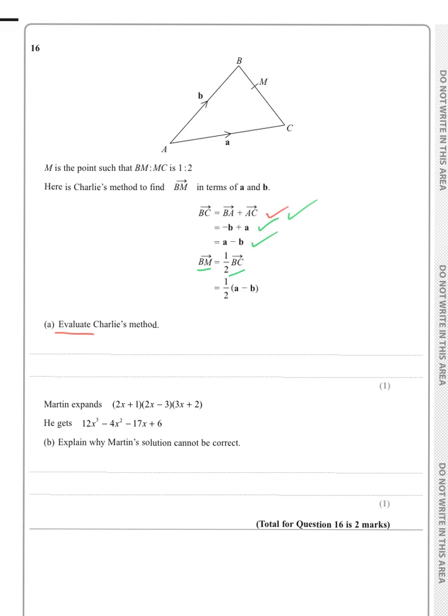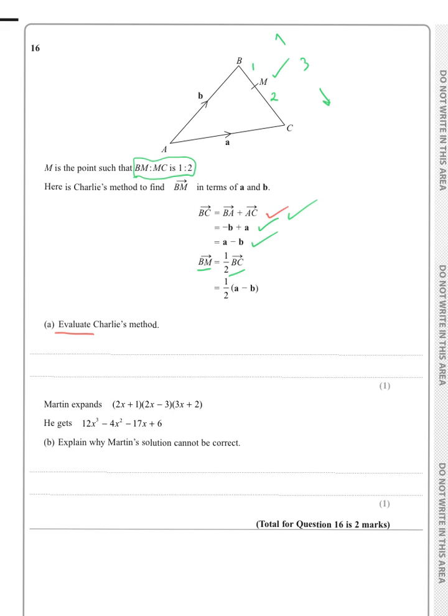So, M would have to be the midpoint in this case. First, it doesn't say that it's the midpoint, but that's fine, it doesn't have to say that. But let's look at this ratio, and this should give the game away. From B to M is one part, and from M to C represents two parts. So if that represents one part, and this represents two parts, then from B to C would represent three parts